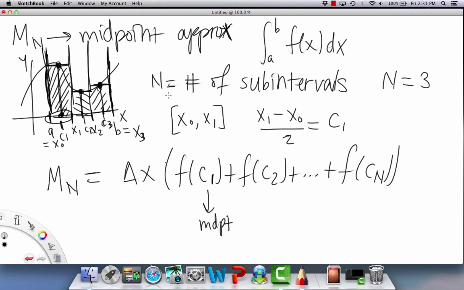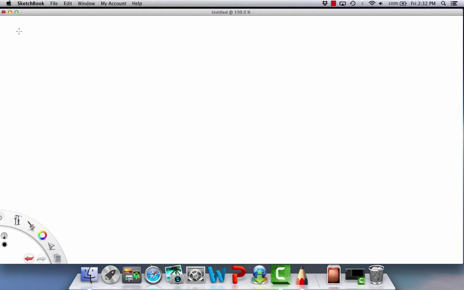Alright, moving on to the next topic. We have something called error bounds. Because yes, the approximations of the integrals are not perfect. So error bounds basically measure how accurate or inaccurate your approximations are. So the error for